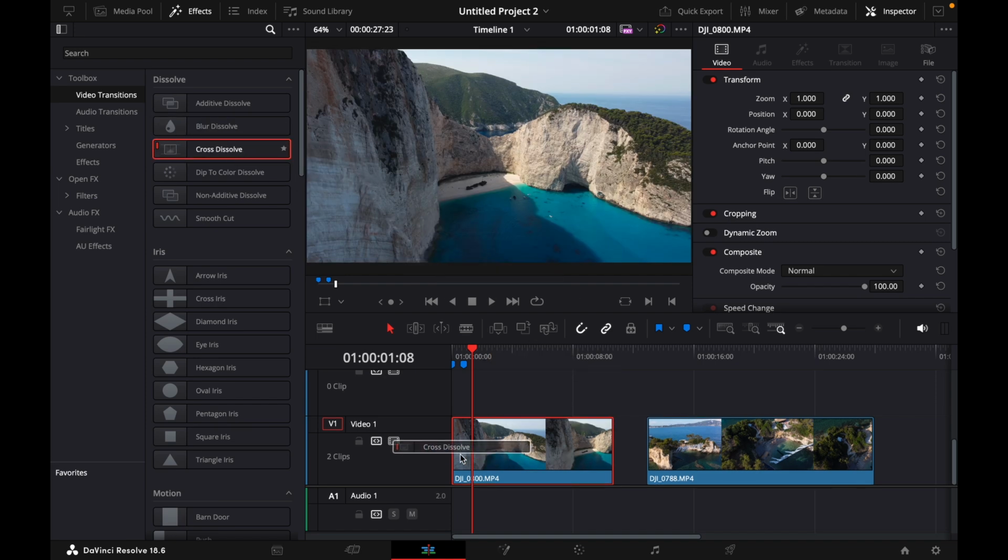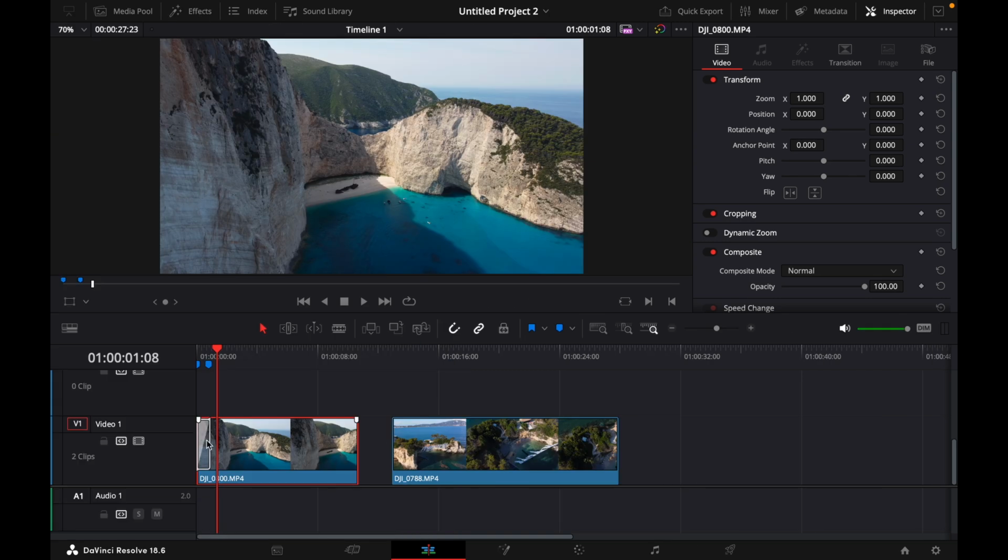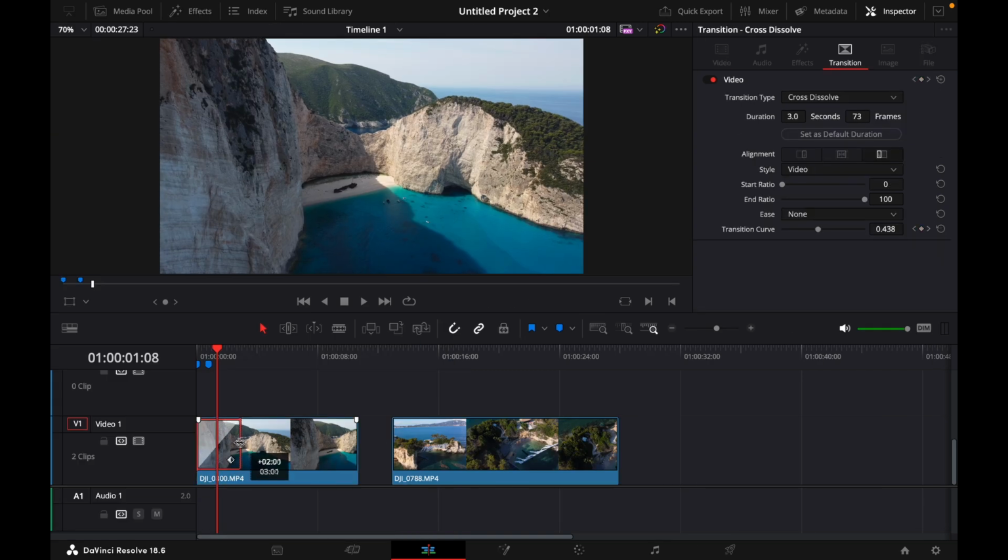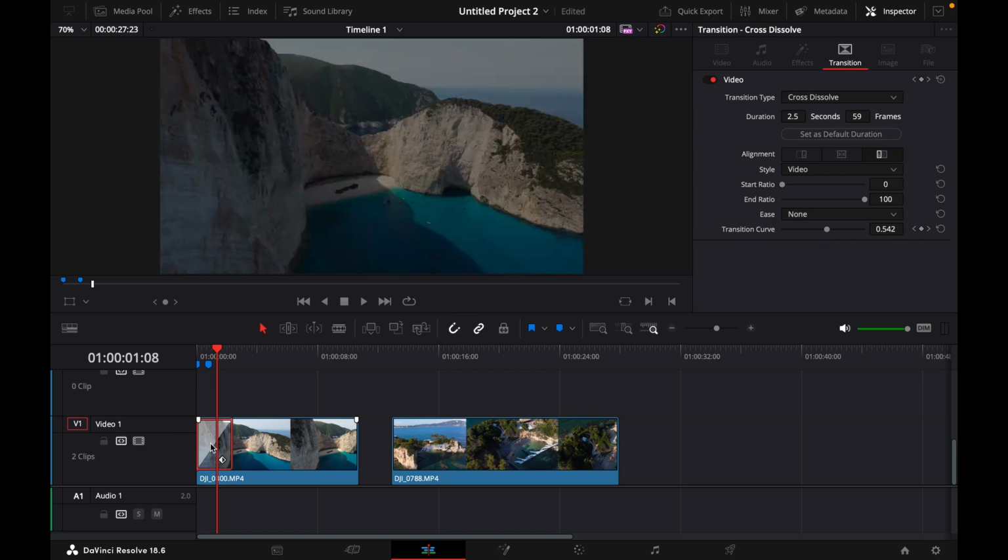Drag it to the beginning of the clip if you want to fade the beginning, or the end of your clip if you want to fade the end. Just put it to the beginning, just like this. To adjust the length of the effect, you can just drag it around, for example like this,